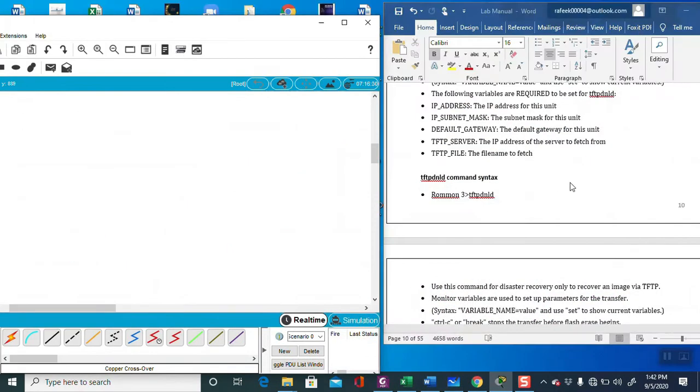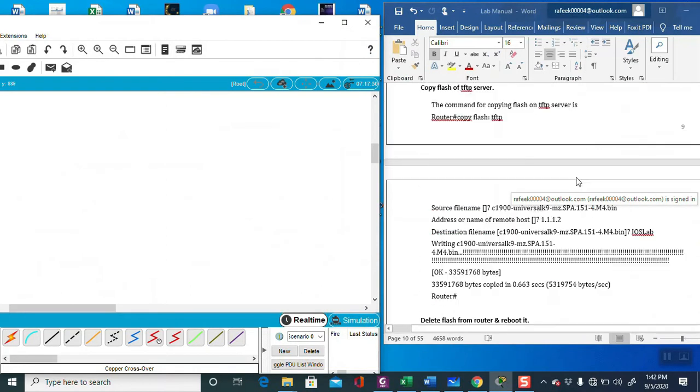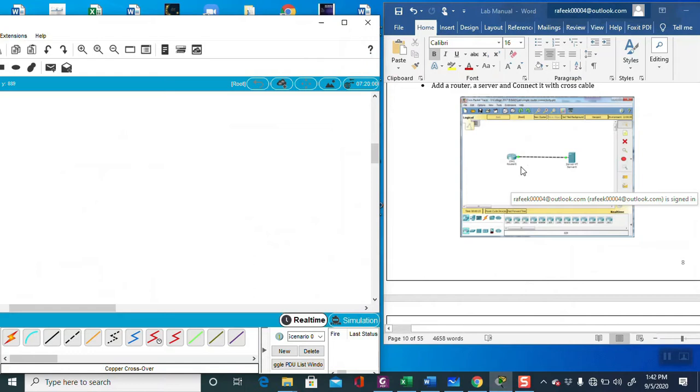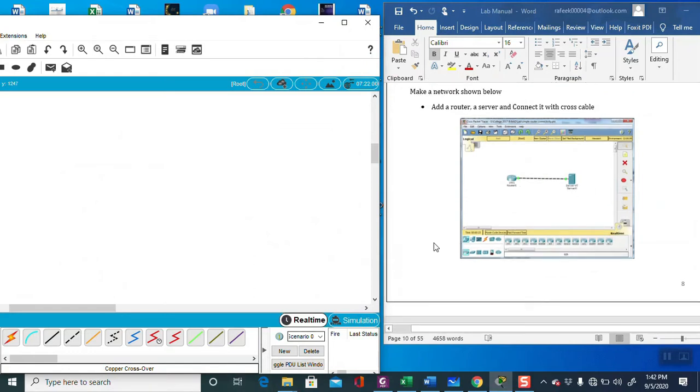So this is our lab manual. If you see this lab manual, there is one router and one server.